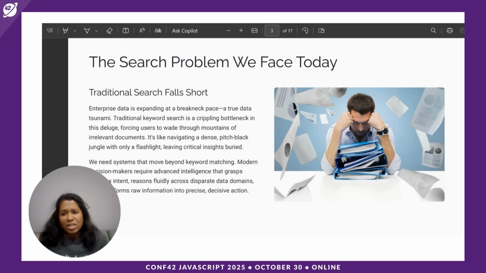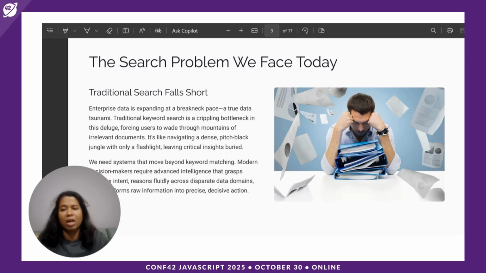Research indicates that knowledge workers spend approximately half of the day looking for information, and maybe only 50 to 60% of these searches yield relevant results. The financial impact in this case is significant: delayed strategic decisions, missed market opportunities, and inefficient resource allocation. The fundamental issue here is very architectural. Traditional search systems are designed for information location, not intelligence synthesis. Enterprise requirements have evolved beyond document matching towards comprehensive analysis, prediction, and strategic recommendation.